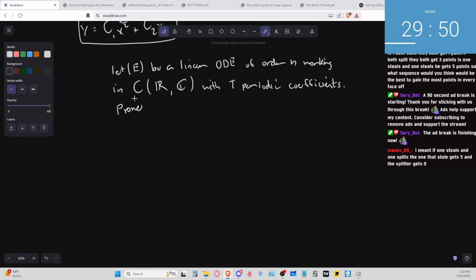Prove there exists a solution which is T